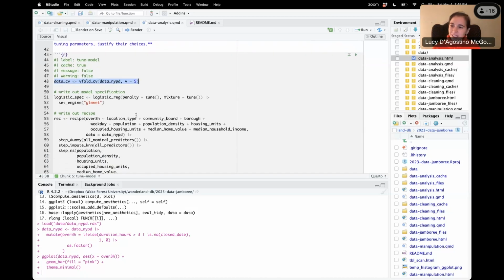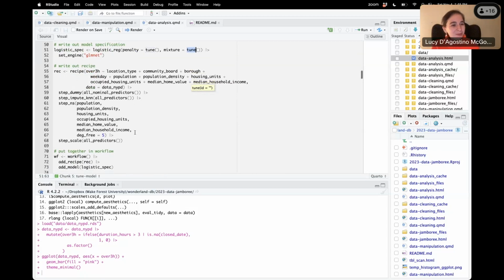The way that Tidy Models works is that you create a model specification. So in this case, since I was doing logistic regression, I used this logistic reg function. If you have certain parameters you want to tune, you can identify them with this tune function. So here I decided to do a penalized regression, and so I tuned both the actual penalties, like the lambda value for this model, as well as the mixture, so it would be like a ridge or lasso. And then I ran the model.